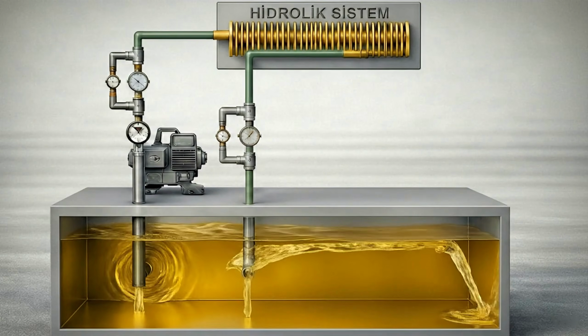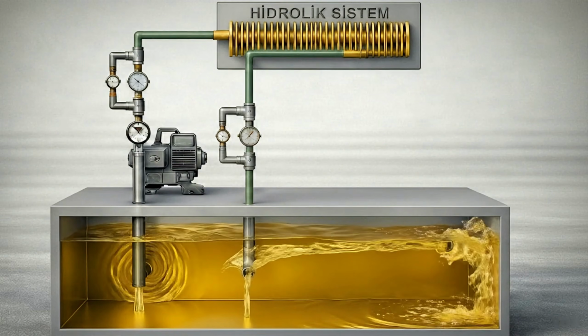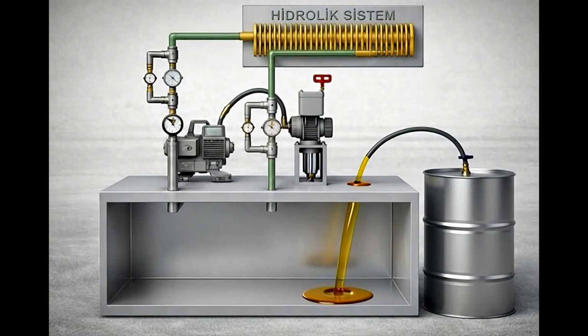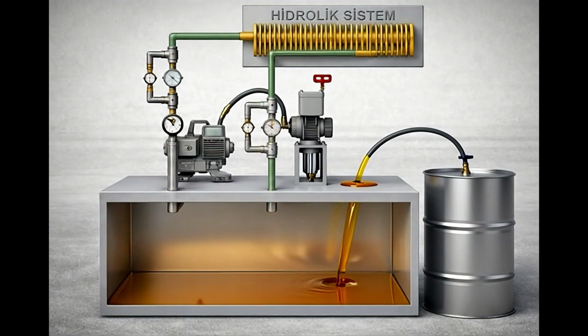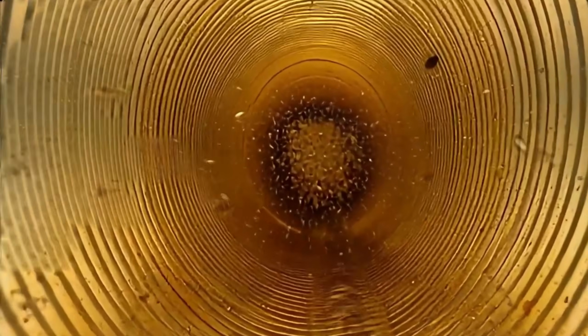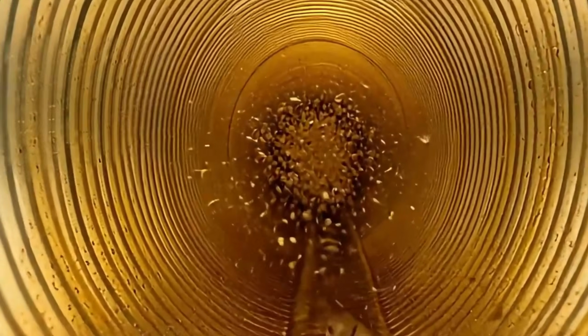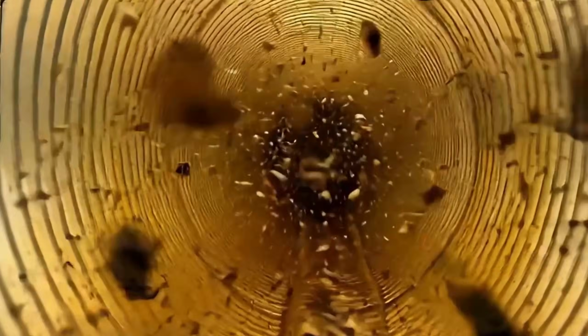The idea that hydraulic oil is already clean is incorrect. The assumption that contamination is completely removed from the system simply by changing the oil is also incorrect. This is because a significant portion of the contamination is located within the system itself. Contamination entering the system with the oil generally consists of water or various particles and spreads throughout the entire system